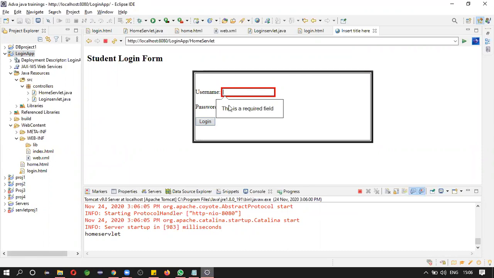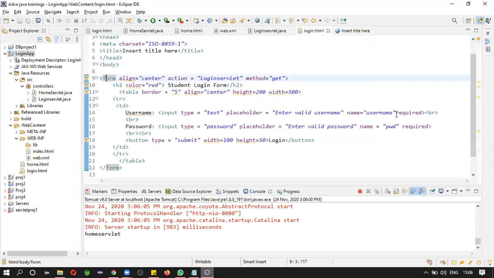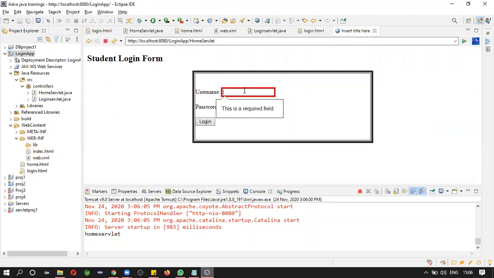See, do you observe this? This is a required field. Why is it asking like this? Because we mentioned a required attribute here. If you didn't mention required here, it would allow you to submit the form without any data. Now try to click on this, for this also it is asking.